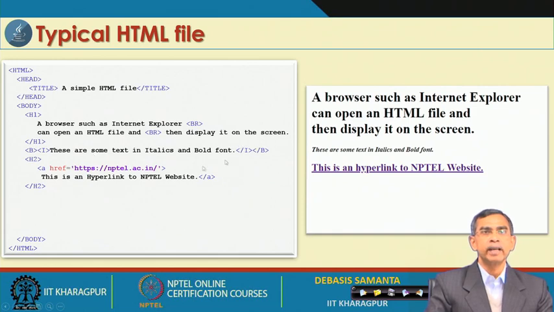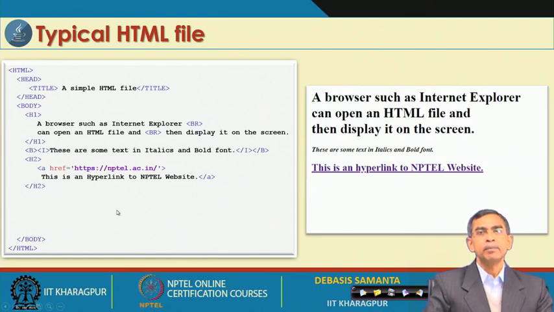So, this will display here, and you see there is another tag, A href, which is a link. This is another tag A, and then the closing tag. Every tag has a starting and a closing syntax, and this is a hyperlink. Hyperlink means that if you click it, the browser moves the focus from this page to some other distant page.